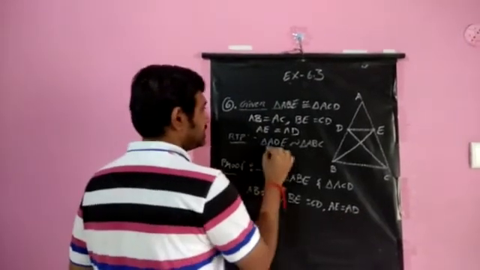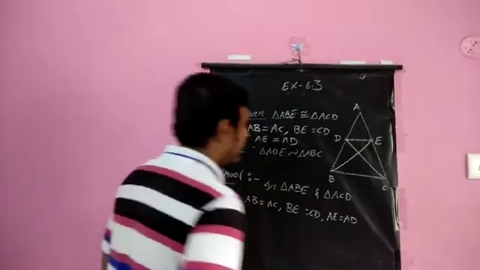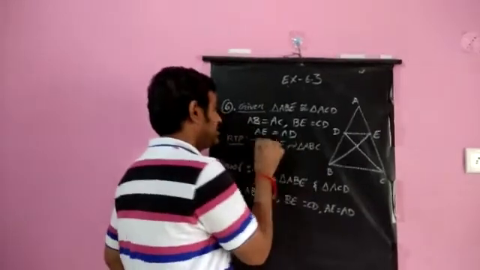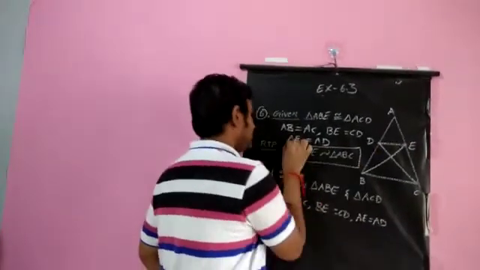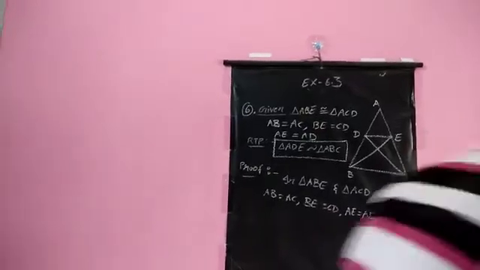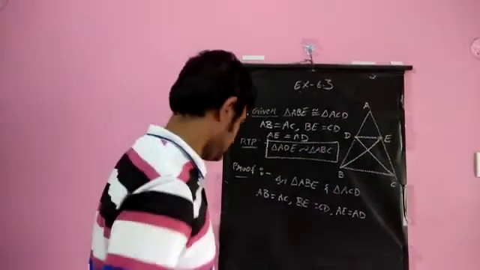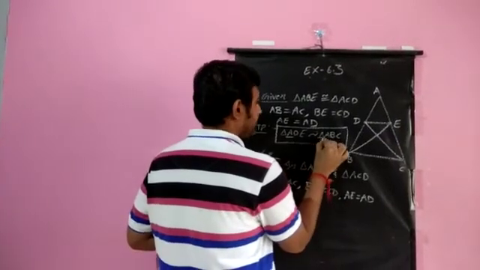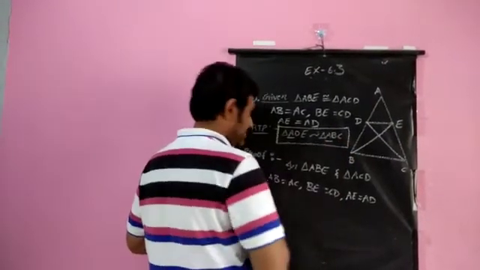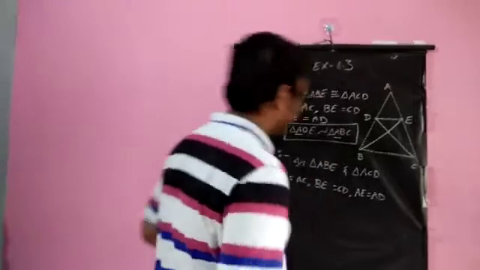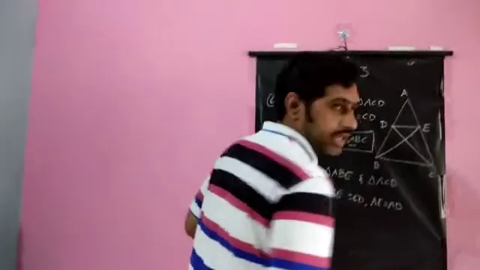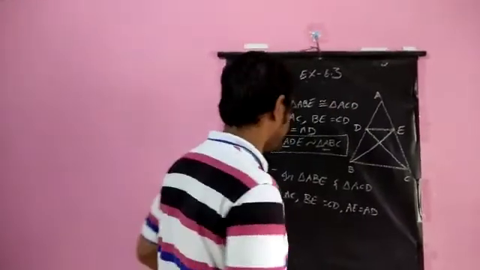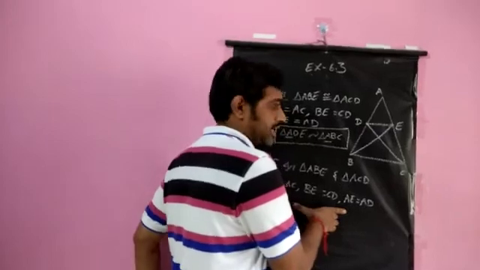Now RTP is this: ADE is similar to triangle ABC. When we see this RTP, by saying this only you can tell that one angle is common in both the triangles. The angle which is common in both the triangles is angle A. Angle A is present in this also. So one angle A is common. The other angles we don't know. With the left out thing, we know these sides of the triangles are equal.